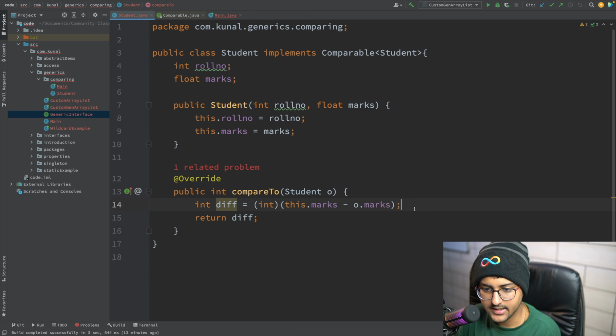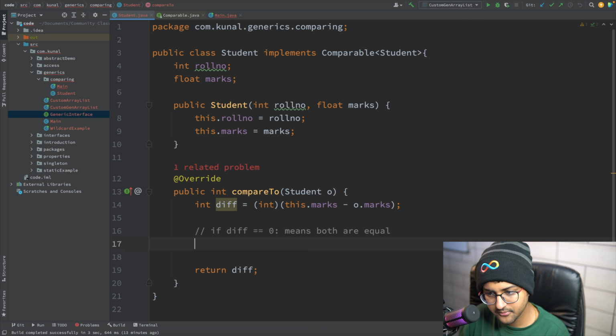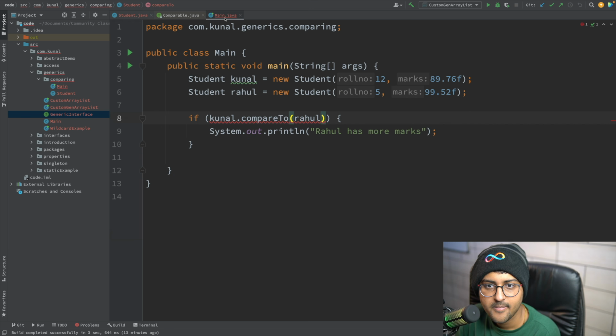So here the idea is that basically if diff is equal to 0, both are equal. If diff is less than 1, other is bigger, else other is smaller. Let's check.